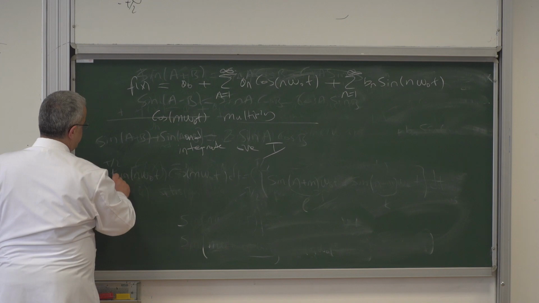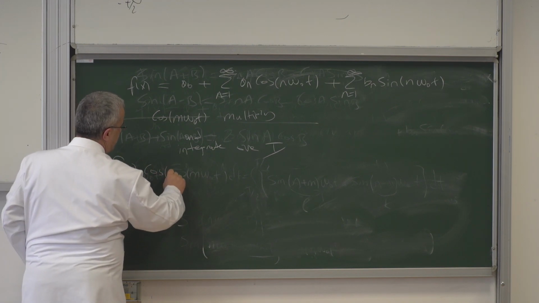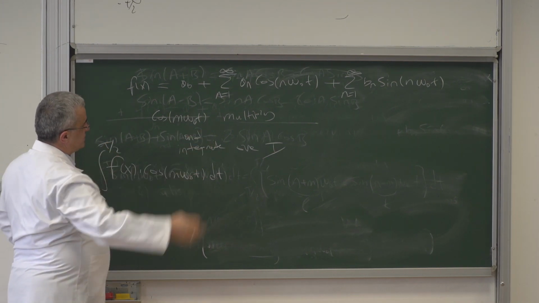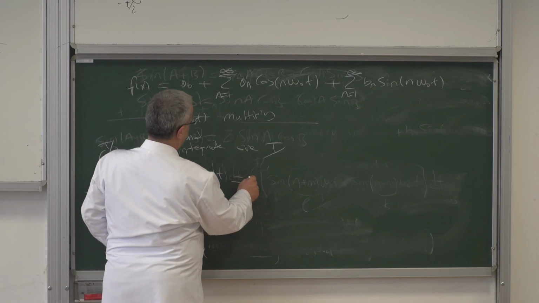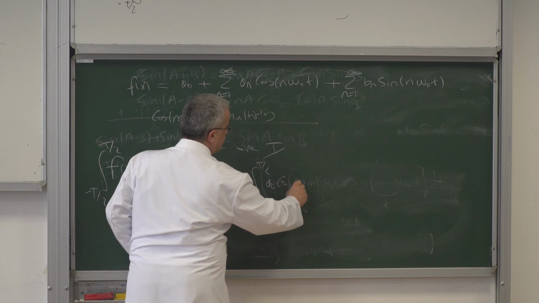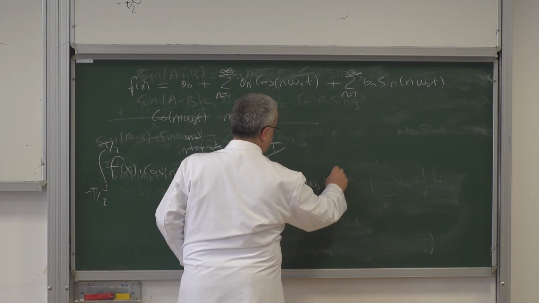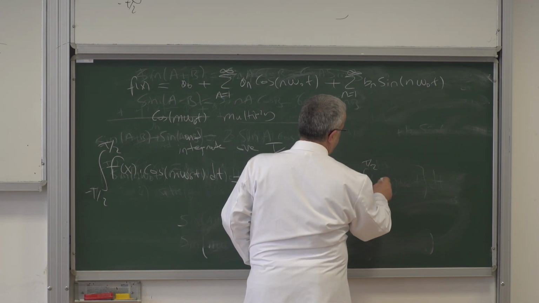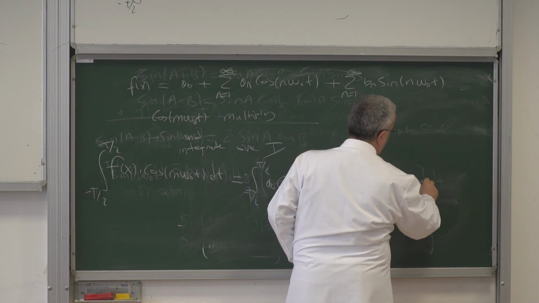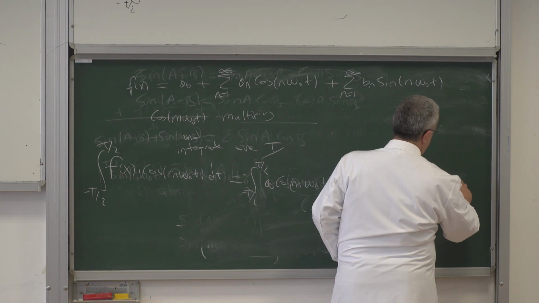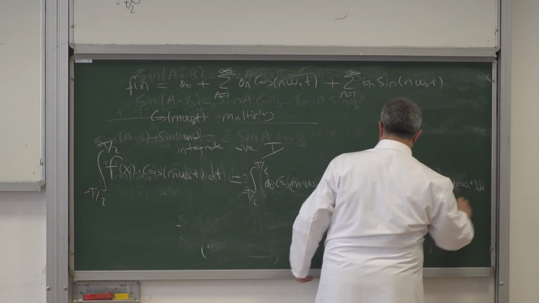So when I multiply that, this is what happens. The integral of f of t cosine m omega 0 t dt from minus T over 2 to plus T over 2 is equal to the integral from minus T over 2 to plus T over 2 of a0 cosine m omega 0 t dt, plus the integral from minus T over 2 to plus T over 2 of the sum from n equal 1 to infinity of a n cosine n omega 0 t times cosine m omega 0 t dt, and the other term is